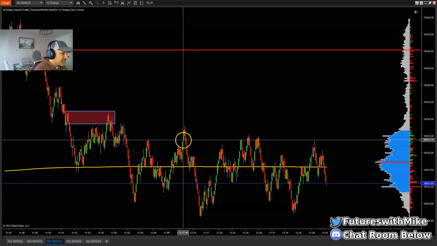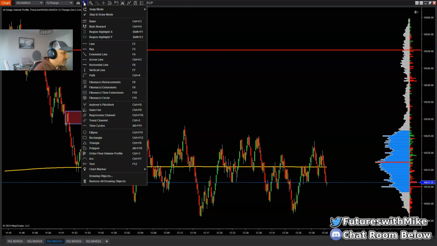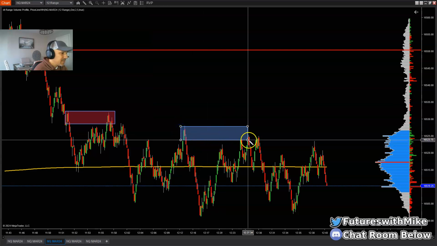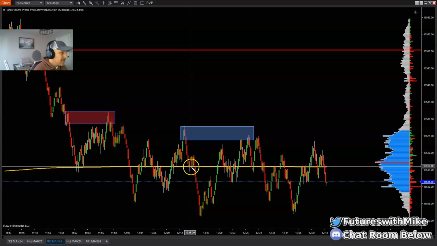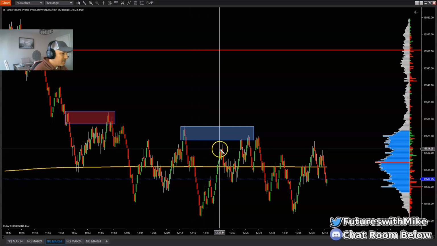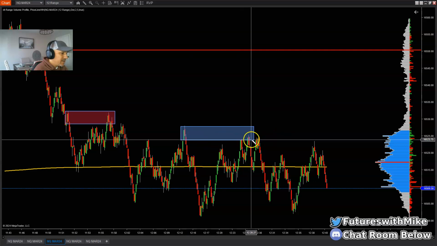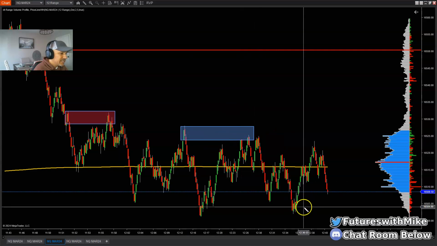So there's also supply resting right here. Look what it did when it got up to this area right here. Let me show you. Look, what is this? Supply. What happened when it got to that? So this is supply here. It violated, broke through it, pulled back, okay? Broke up to the next area of supply. What did it do? It rejected that area. Where's it aiming for now?